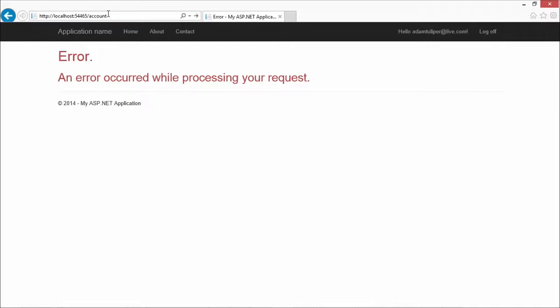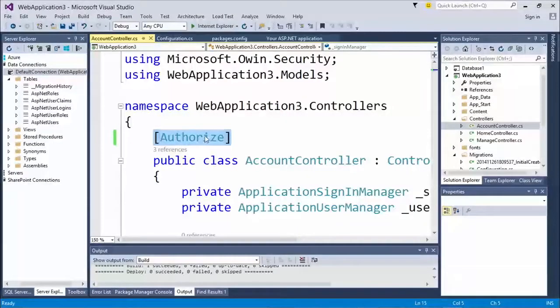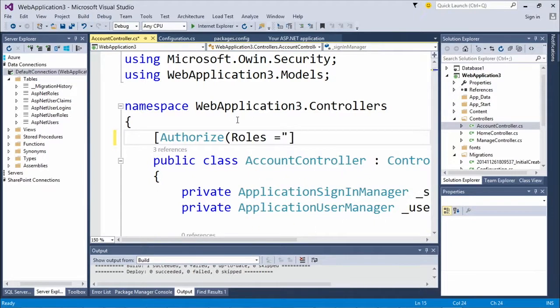The idea that I want to show you is anything that I want to go to an account, I can't access anything there by default because it's protected. Well, you say, well, of course you can. If you log in, you can surely access that. Well, let's break it down here. If you have the authorized attribute here, if I only want administrators to be able to access this method, you can do it like this. You can say authorize roles equals administrators. And that checks to see if you have that role defined for you. Just having it as it was by default here,